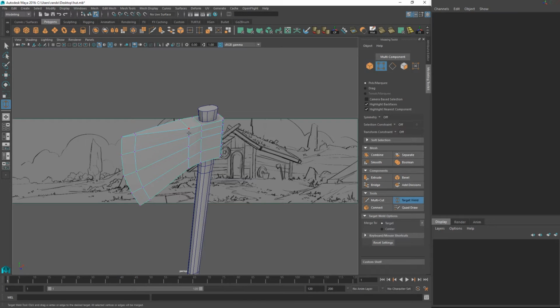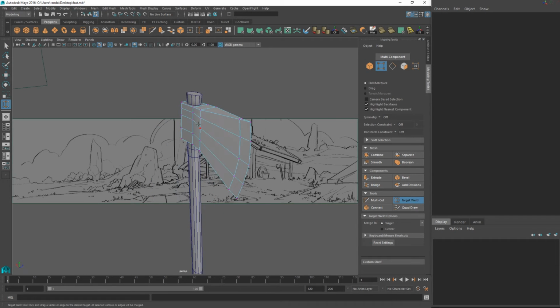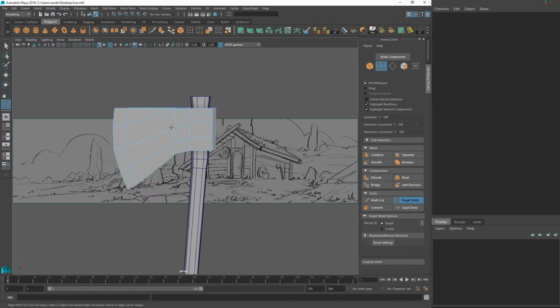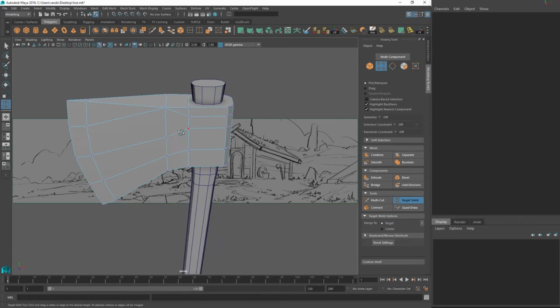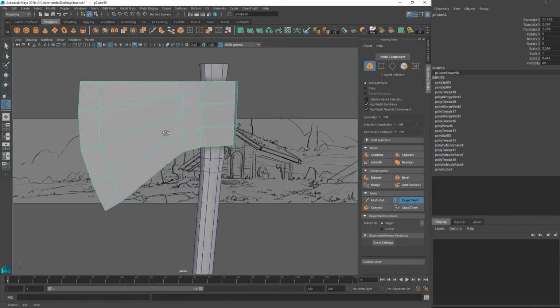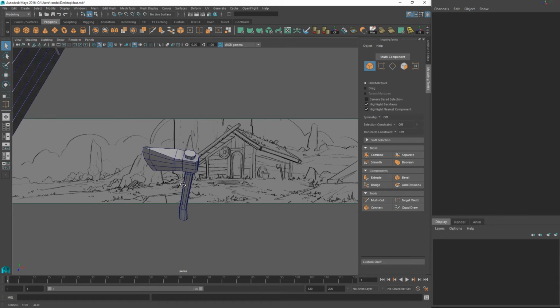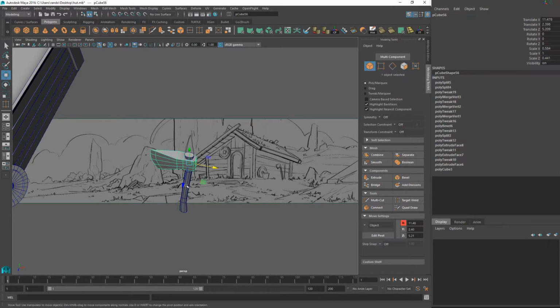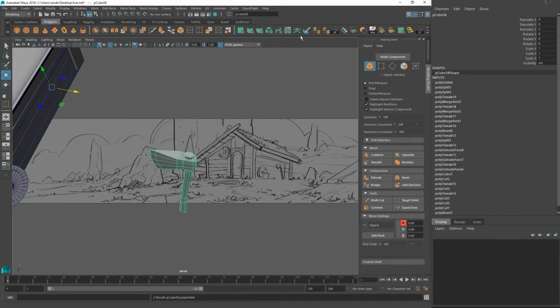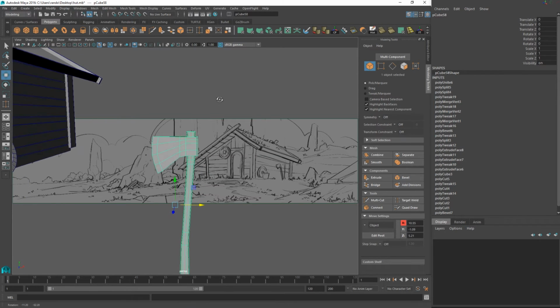Let's do target weld, do one at a time, and just kind of reduce them by bringing them up like that. But I don't have too much of a reason to do that at this point. Just gonna undo it. It's fine like that for me, for my purposes at least. I'm gonna grab these two pieces, combine them, and fix the center point, and then maybe I'll put it like